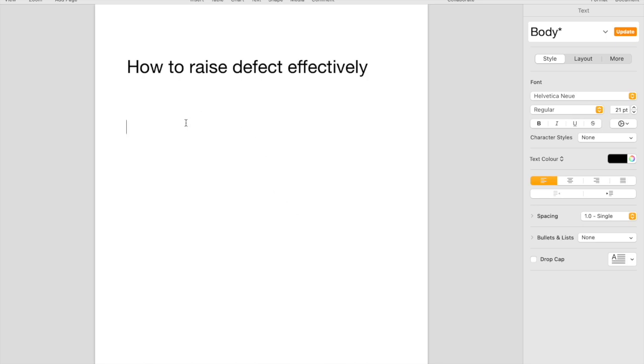So let's go through the points step by step, how effectively you can raise the defect and how it can be very helpful for the developer also to understand. Okay, so let's start with point number one, which is summary. It's very important to mention a summary in the defect, because by looking at the summary, the developer can easily identify on what component or on what module this defect is coming,